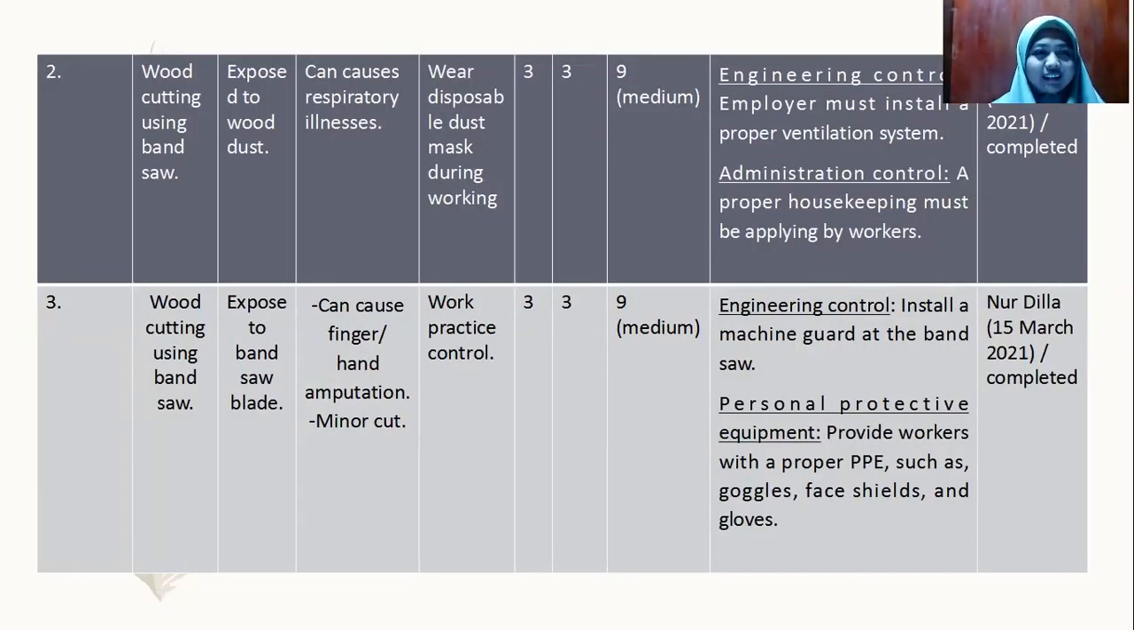The second hazard that we have highlighted in the cutting process is wood cutting using a bandsaw, which can cause the worker to be exposed to wood dust at the workplace, and it can cause respiratory illnesses. The existing control measure currently is that the worker wears a disposable dust mask during working. The likelihood for this hazard is 3 and the severity is 3, making the risk 9, which is medium. To overcome this hazard, we have proposed engineering control, which is that the employer must install a proper